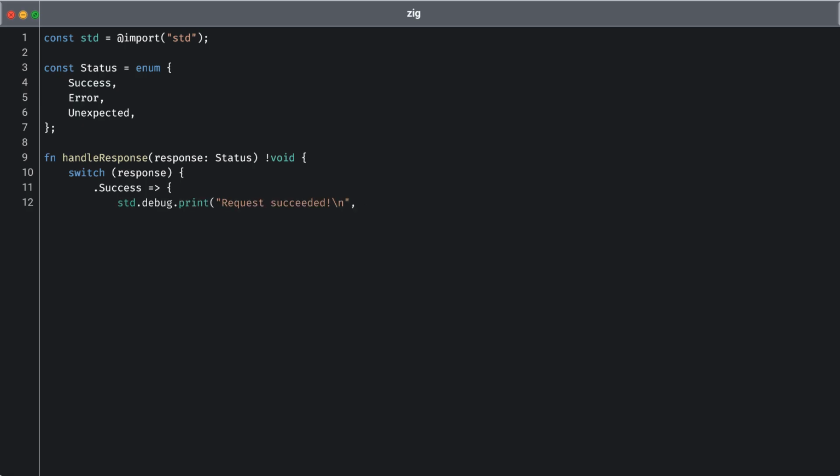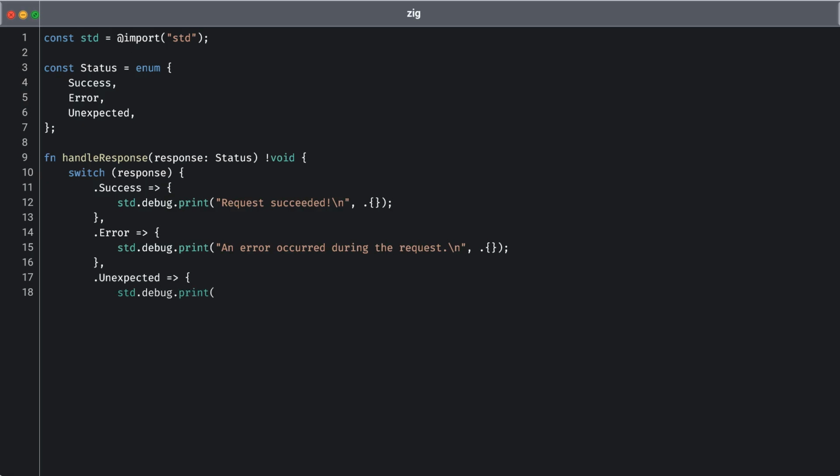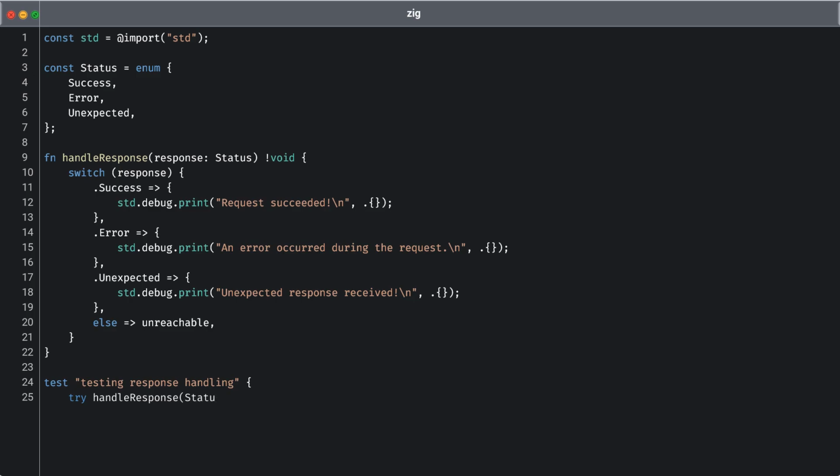As we examine the switch statement, we can see that each case corresponds to a specific enum value. When the response is success, it prints a message indicating that the request succeeded. Similarly, if the response is error, it communicates that an error occurred during the request. When the response is unexpected, it notifies the user of an unexpected response. Importantly, we've included an else case that employs unreachable to signify that any other responses should not occur, reinforcing safety